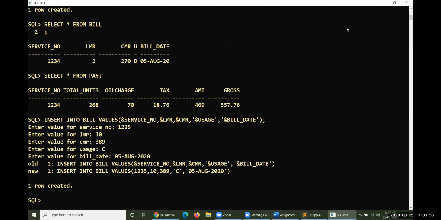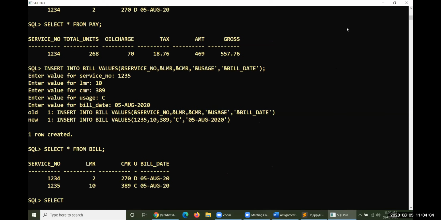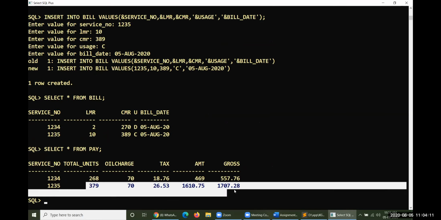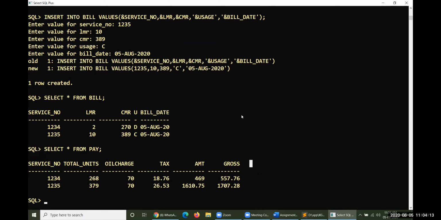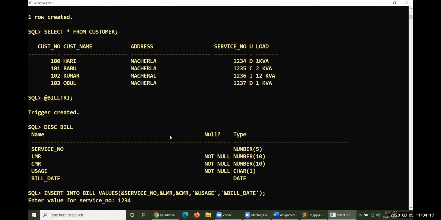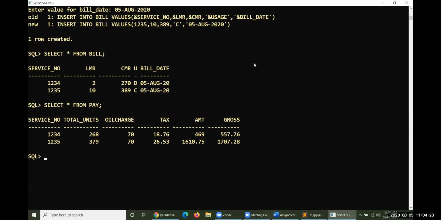Select everything from bill. Select everything from pay. It was reflected immediately. Now one more: 1236 industrial.